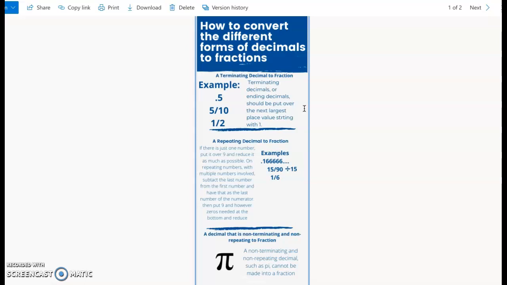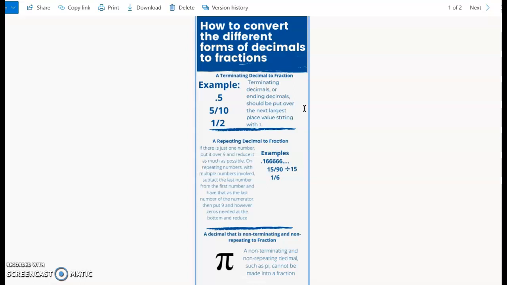If there's just one number, put it over 9 and reduce it as much as possible. Such as 0.6 repeating would be having 6 over 9, and then you can reduce that by 3, so it gets you to 2/3. And on repeating numbers with multiple numbers involved, subtract the last number from the first number